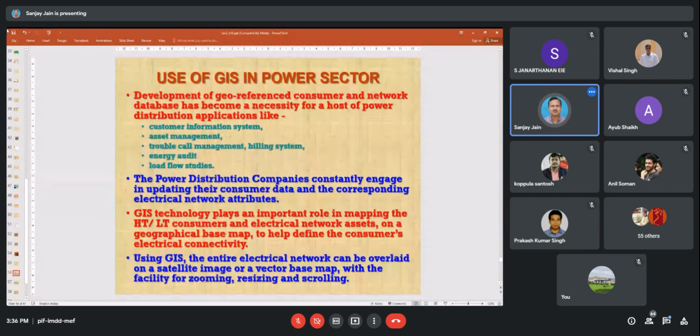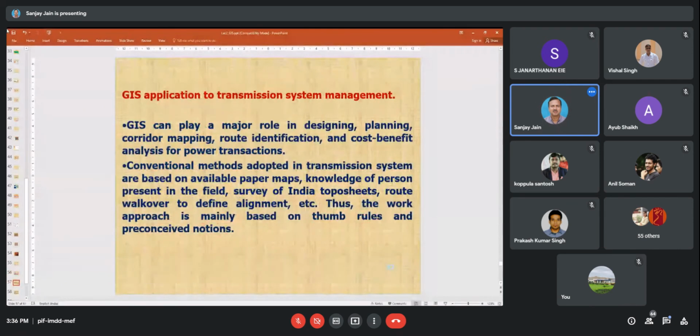I think I have covered the networking and all that. Transmission system: GIS can play a major role in designing, planning, polygon mapping, route identification, cost benefit analysis. Some more insight will be given in another lecture on how we can use it.